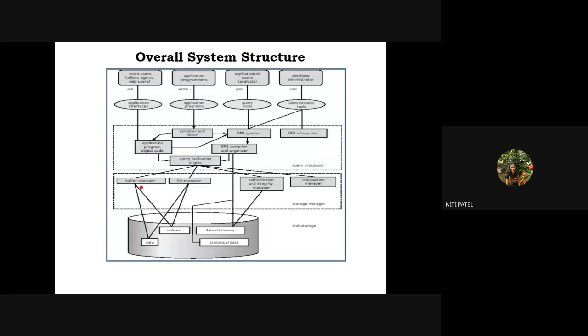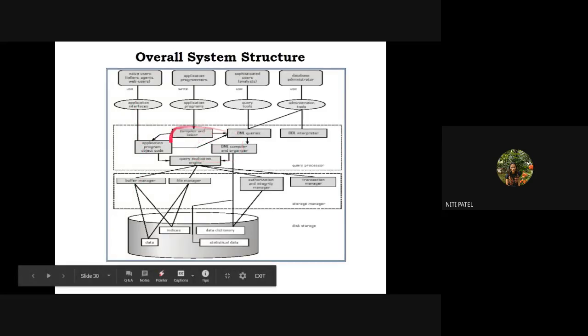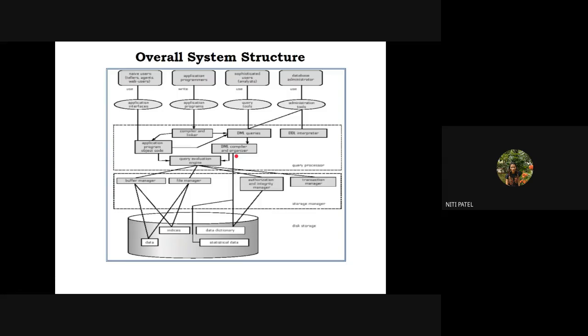What is buffer? Buffer means something which is temporary. जब तक आपका final output display नहीं हुआ है तब तक buffer memory में वो data रहेगा. Once it is written to the final output or once it is shown to the user on the screen, it gets removed from this buffer manager. So now if I have given a query to insert the data of Pratham into the table second year computer, तो ये query दिया user ने, ये query evaluation engine वो query को second year के table में Pratham का data डाल देगा. उसके बाद जब तक वो output user को दिखता नहीं है तब तक Pratham का data किधर store है, it will be stored in this buffer manager.